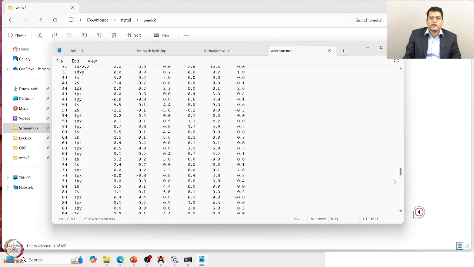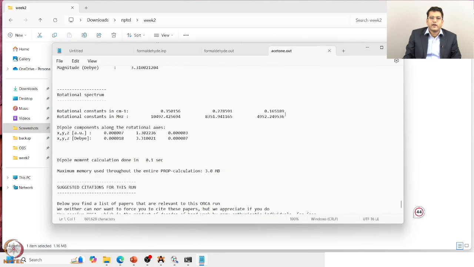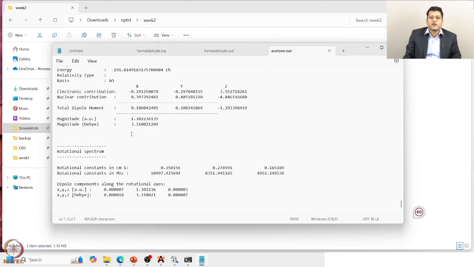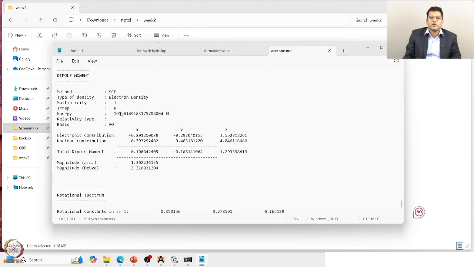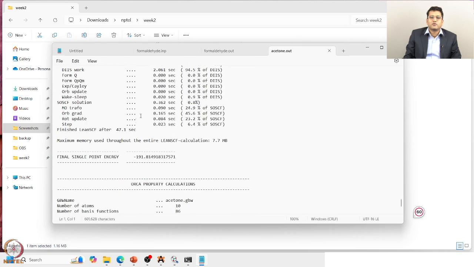I can go to the end, because what I am interested in is towards the end. Here is the dipole moment section, and here is the total energy. Let me copy this one,